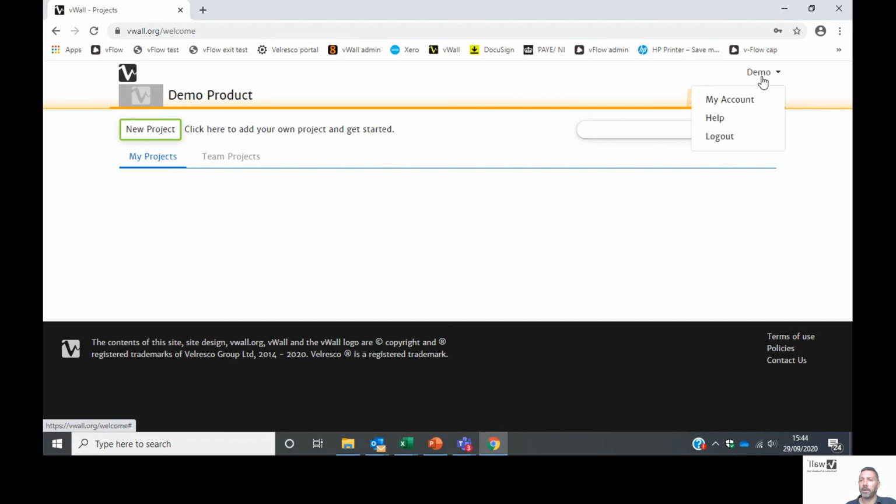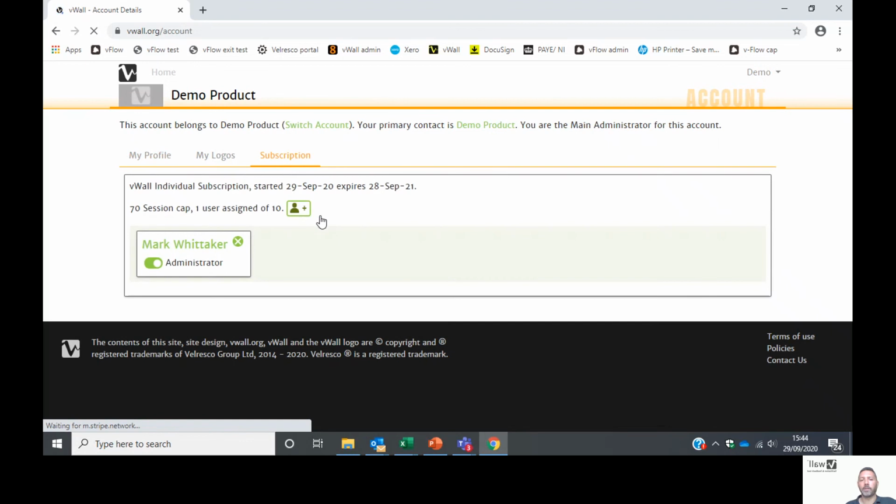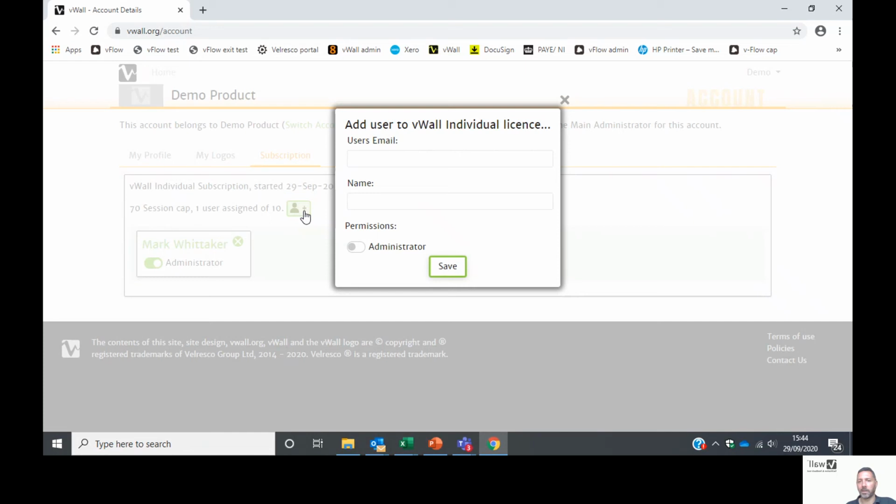And this is done simply by clicking on the settings here and my account. And then if we select the subscriptions tab, it's here where we can simply add an extra user to the subscription. Now, it's important that we can only do that, of course, if your subscription type is high enough to accommodate extra users. I've set this one up for 10 users, but just to demonstrate, if you did have a subscription large enough, it would be a case of typing in the facilitator's email and their name,